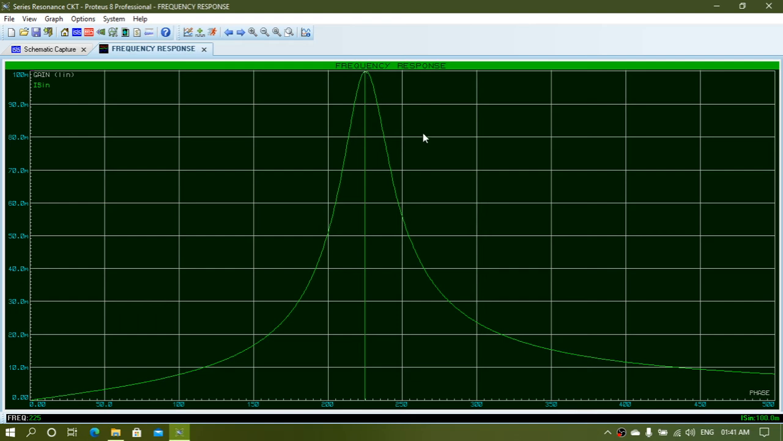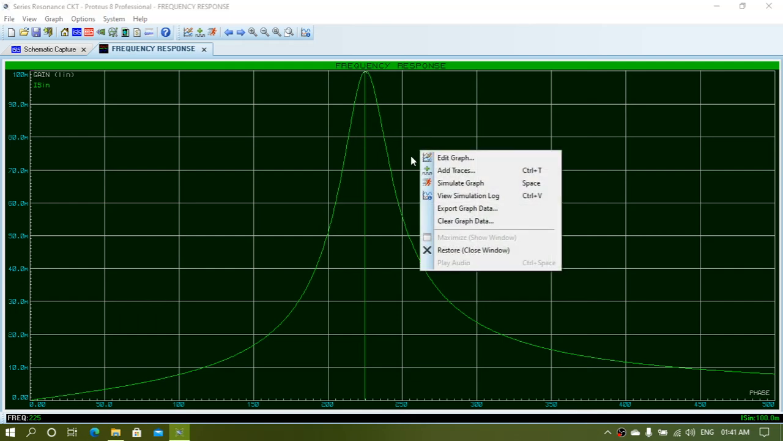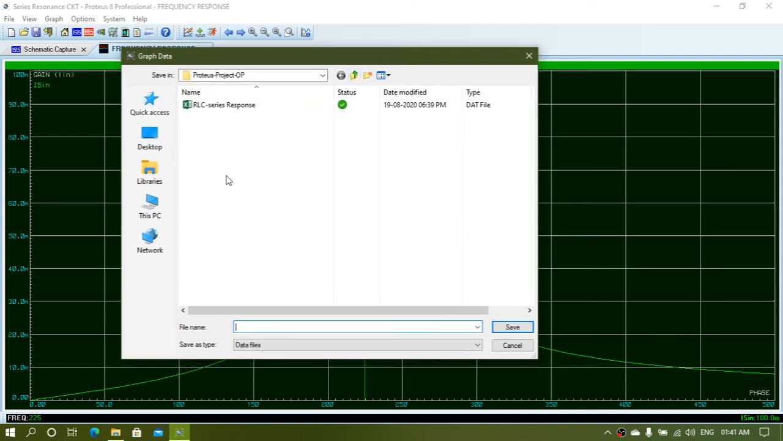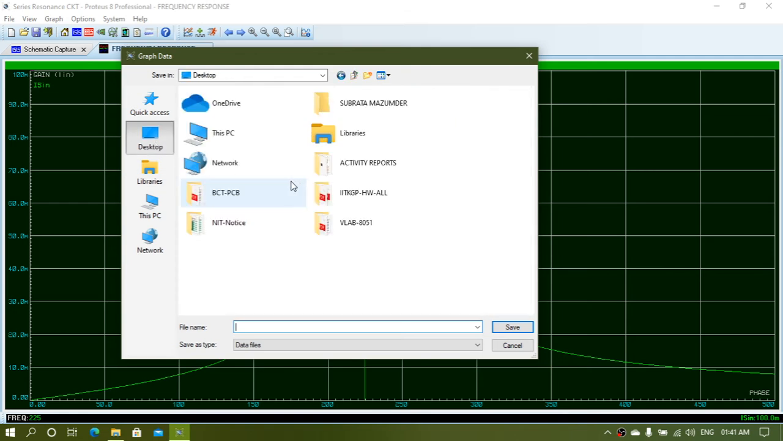So what to do, you have to right click over there and export the graph data. After right clicking you will get this menu, and then you have to select export graph data. You click this, it will ask for you a path. Suppose in your desktop, you put a name just like RLC data,